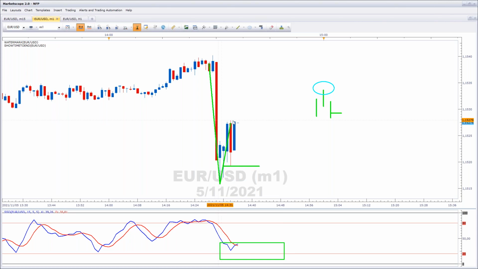Just seeing if this high is taken out here, because that will give us a new reference candle. Yeah, there we go. Okay. So we're going to just extend this to this point here, and that will give us a better entry, assuming short is the way to go.